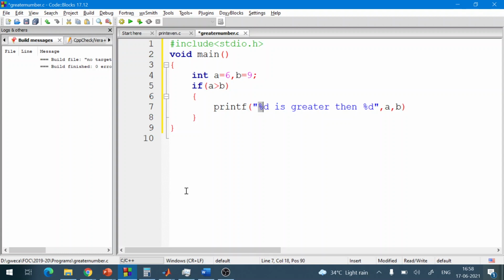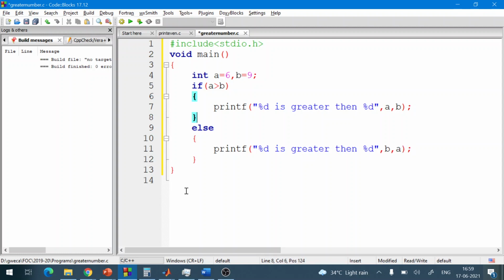So this would be a and this would be b. What will happen if this does not happen? If this does not happen, it means again %d is greater than %d, but b is greater than a. I will put a semicolon at the end.